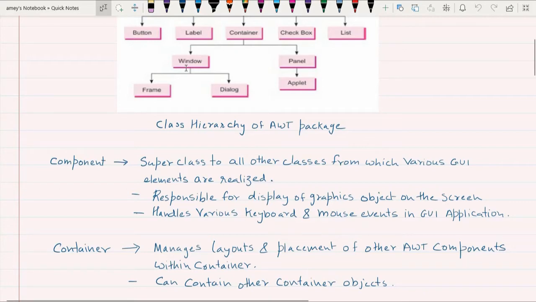Now to create window applications, graphical user interface GUI window applications in Java, we are going to use this frame class. The difference between a frame and a panel is that a frame is a window that has a border and a proper menu bar, title bar and so on. Whereas when you see the panel, like in applets, there is no menu bar, there is no title bar, also there are no particular borders, right? So that's a difference. So let us see this in detail.